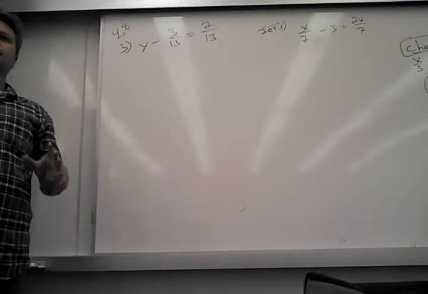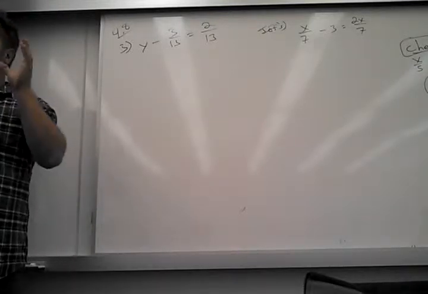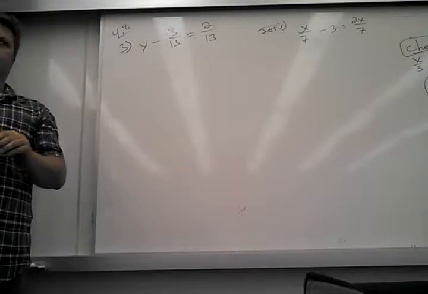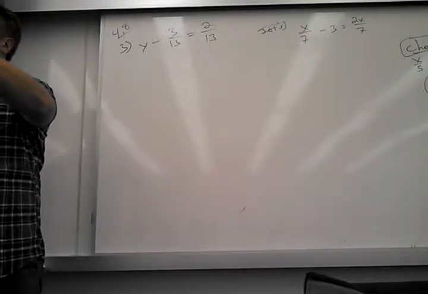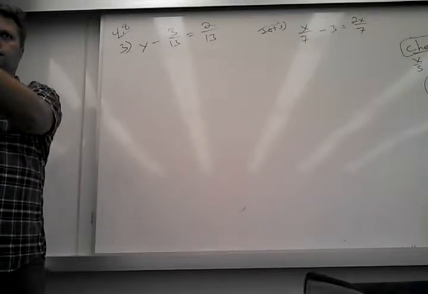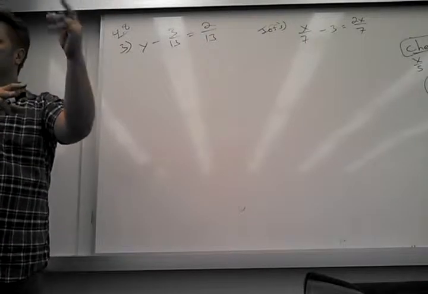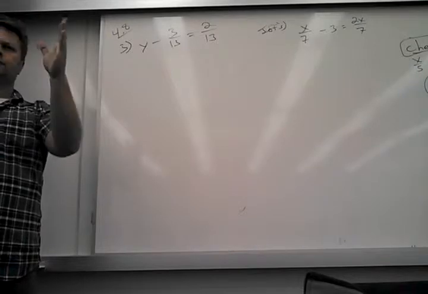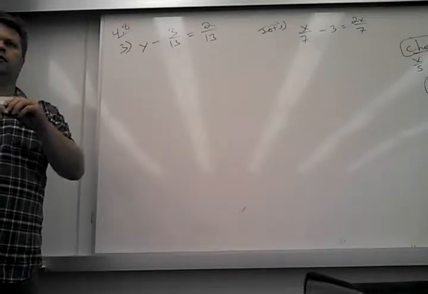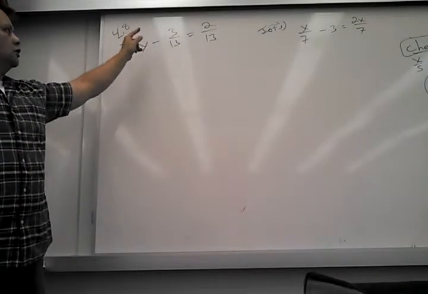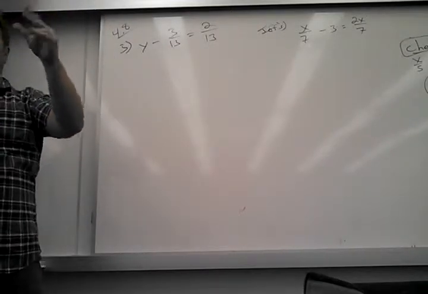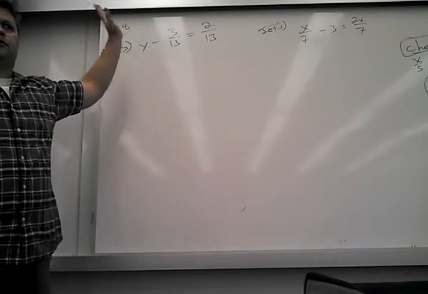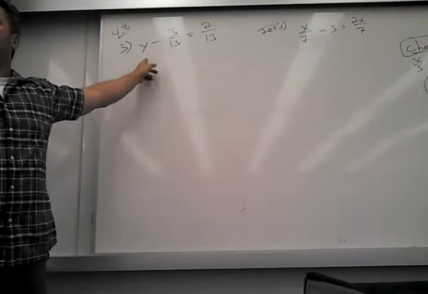Which one of these is almost solved already? Considering my end, where do I always want to end up when I solve an equation? I want to end up with the letter by itself equals numbers. So which one already has the letter almost entirely by itself? The first one. So this is a good example of where I really don't want to multiply by the LCD, because that's actually going to mess with it. I'm almost done. Y is almost by itself. All I have to do to get Y by itself is